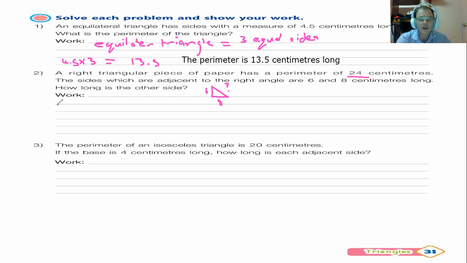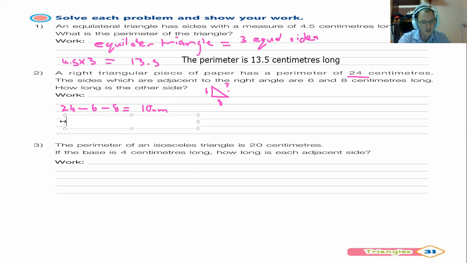Simple subtraction is required. So we're going to go 24 minus 6 minus 8 equals. So when you minus those two from each other, you're going to end up with 10 centimeters. And your answer will be,